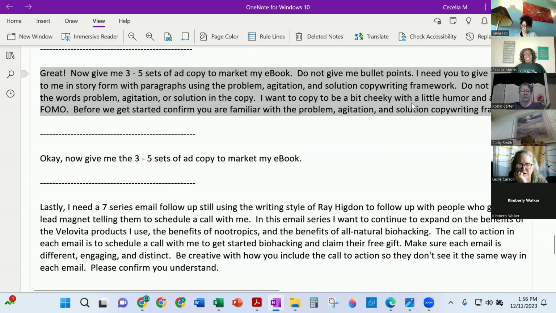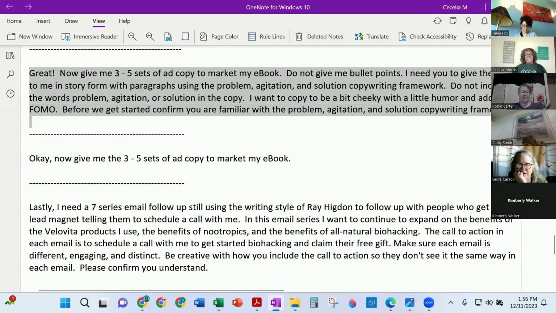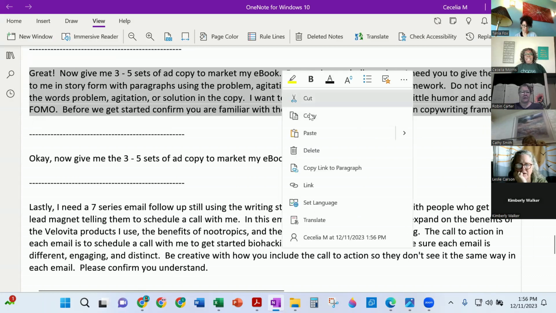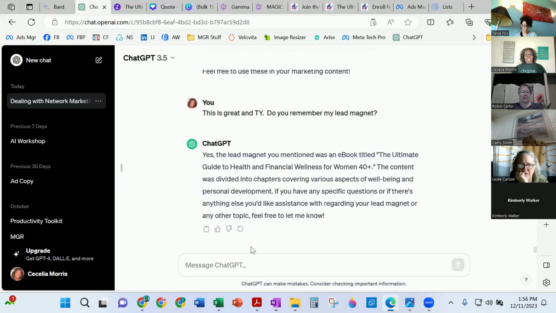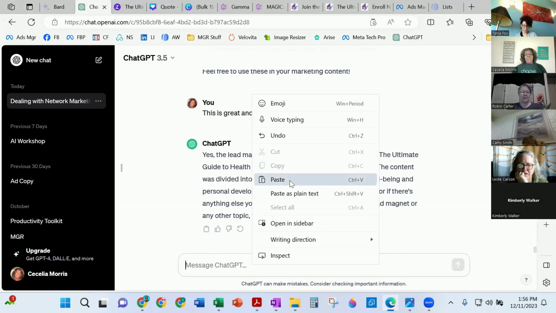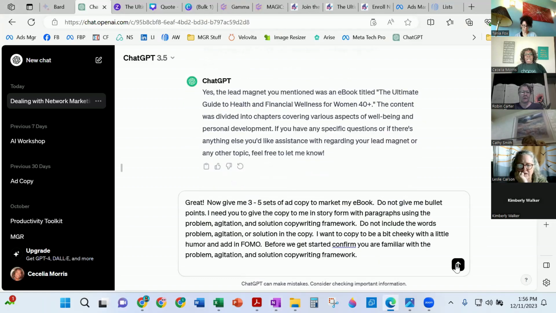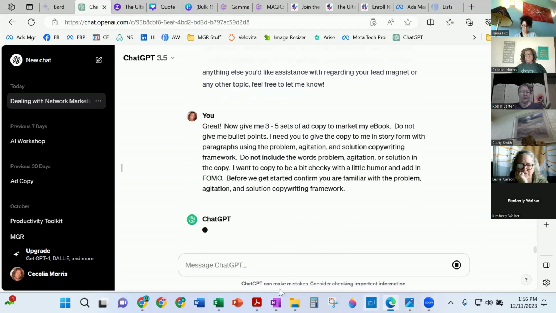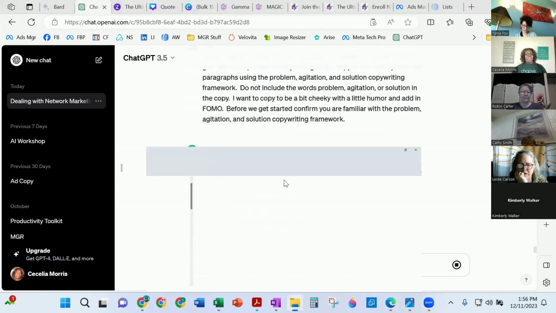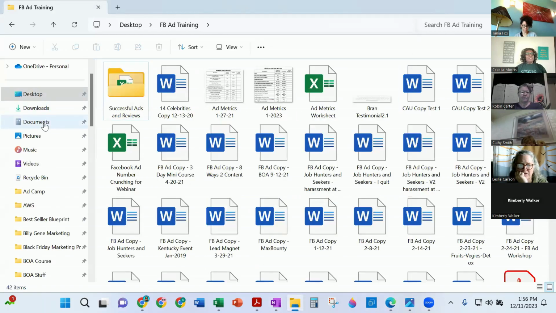I said I want the copy to be a bit cheeky with a little humor and add in FOMO. Before we get started, confirm you're familiar with the problem, agitation, solution copywriting framework. So let me copy this and head on over to ChatGPT. Paste it on in there and go. Let me jump in here.